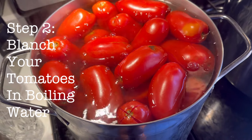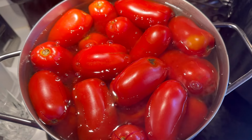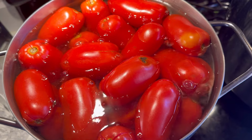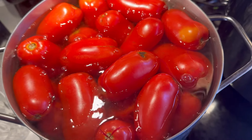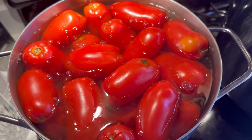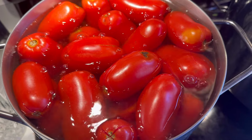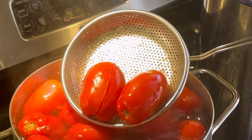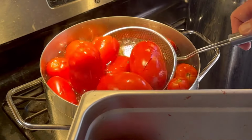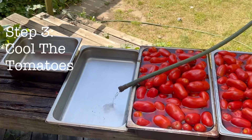So after you score the tops, as you can see, you've got the little X there, you blanch them. Depending on how many you're putting in, if it's a small quantity, it could be as fast as a minute and they're going to be blanched. I put in a ton, so this is typically about a 5-minute blanch, to be honest. And we just pull them out into a mixing bowl or a hotel pan and get ready to cool them. As soon as you've seen those skins split like that along the side, they're ready. And just using a large slotted spoon, just scoop them all out. And from there, we